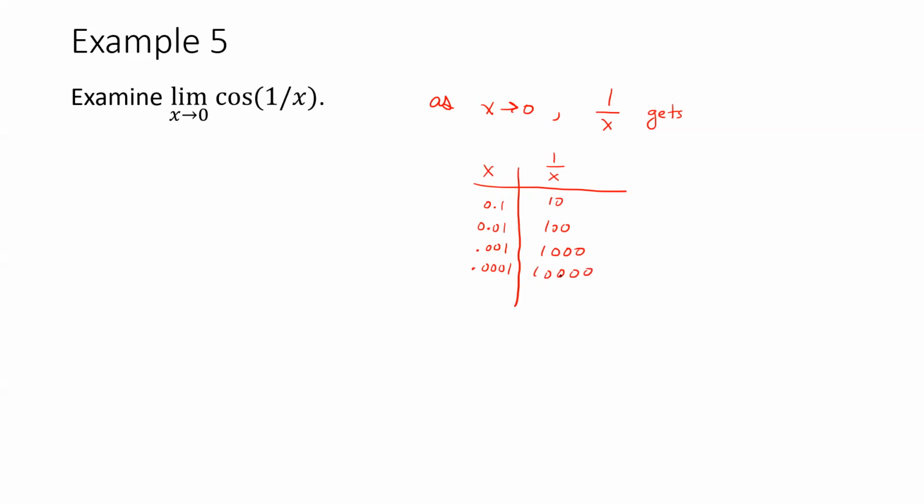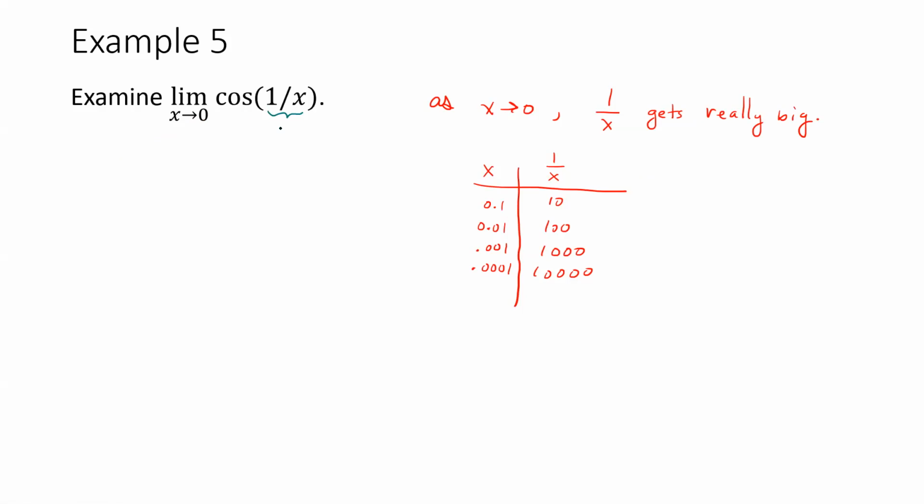And so these values are just getting bigger and bigger and bigger. So 1 over x gets really big. So that means that